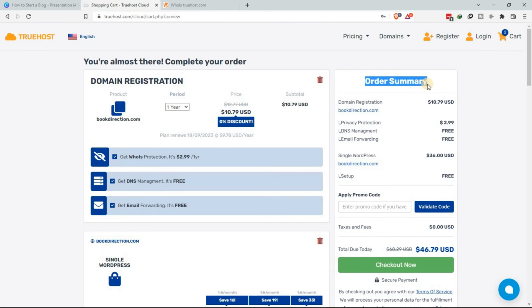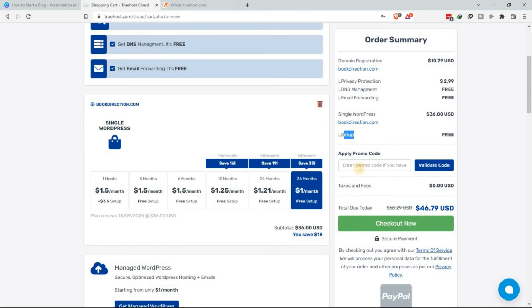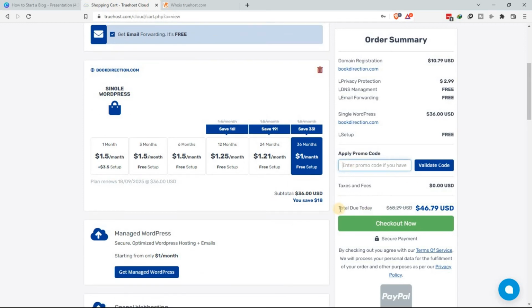Yeah, and my order summary, as you can see, this is the domain. It's $10.79 because of the privacy protection that I ordered. It's paid. As you can see, the DNS management is free and email forwarding is free, but the privacy protection is paid $2.99 per year. And then of course I have the setup, which is free because I chose how long, that's 6 months. Now if I had a promo code, I can just enter it here and click validate. Now as you can see, the amount that I will end up paying today for that is